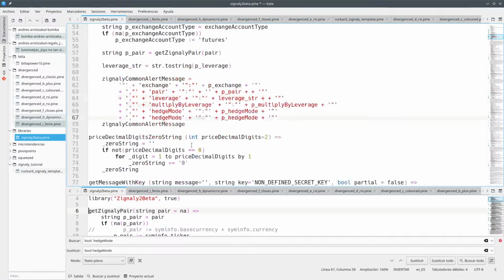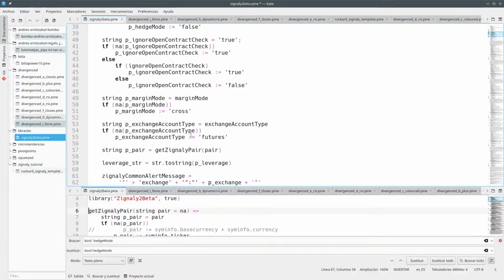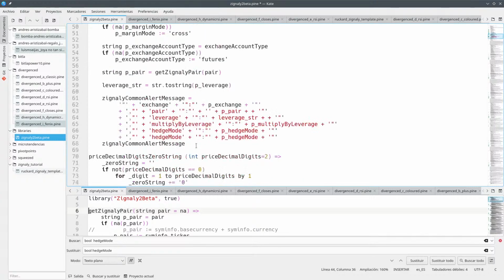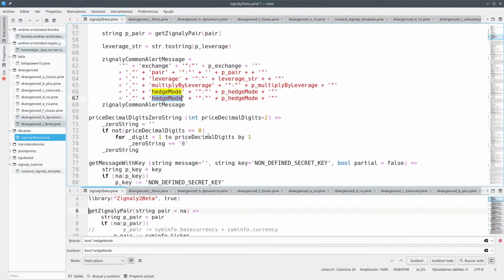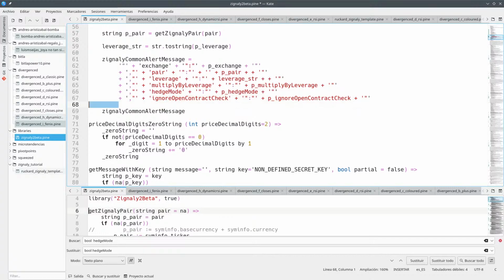The next thing we do is to use also ignore open contract. Okay, so we are going to use it here and also here. And finally, we should be using